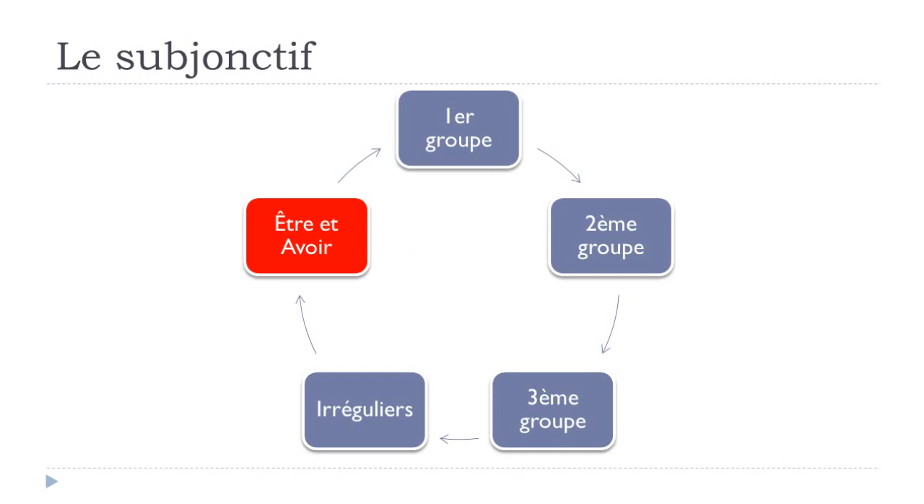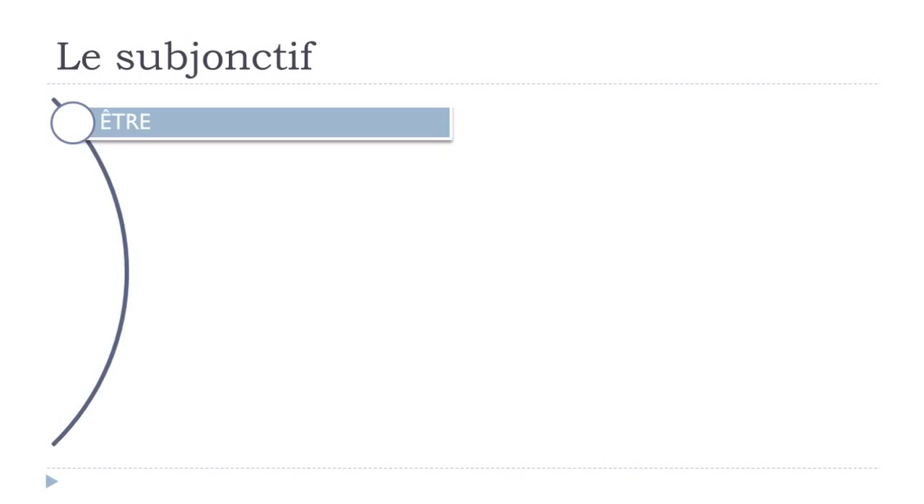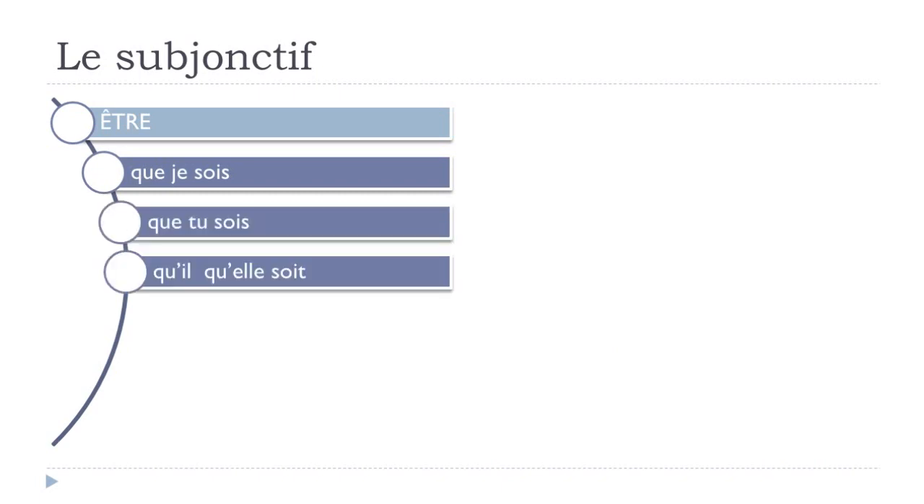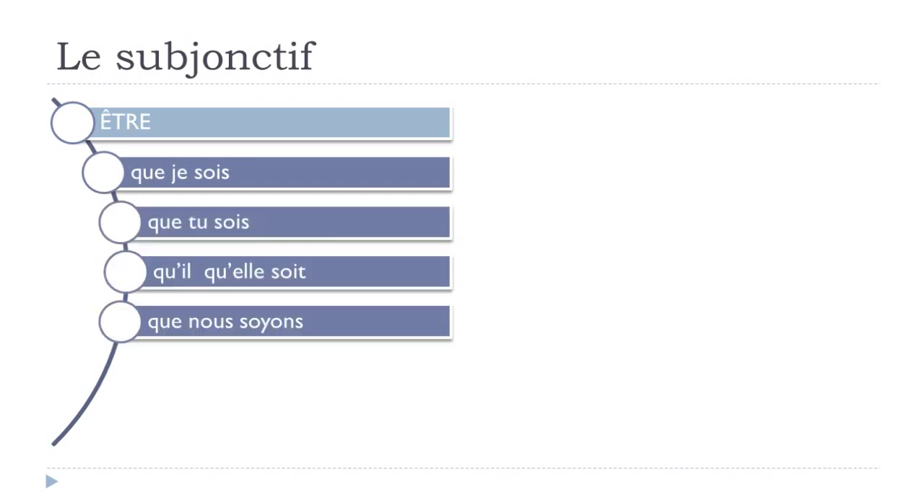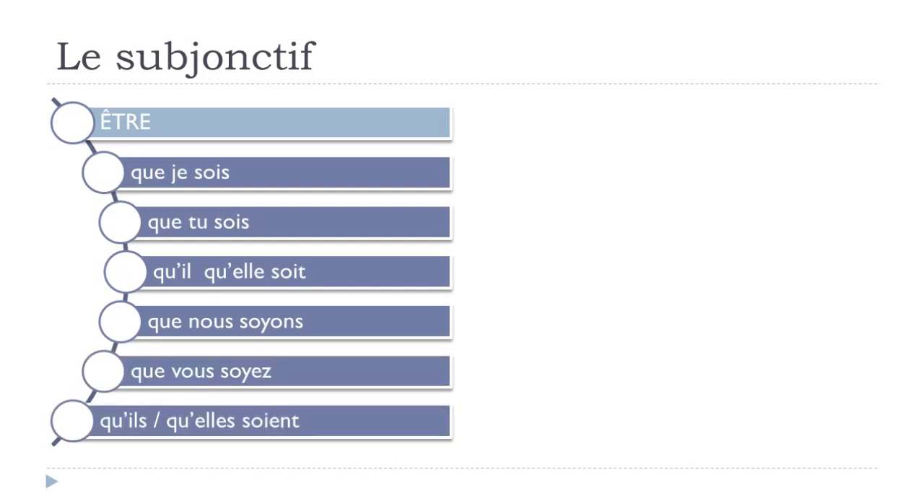And of course, we'll finish with être and avoir because they are usually quite tricky. Être, so to be, will give you at the subjonctif que je sois, que tu sois, qu'il soit, qu'elle soit, que nous soyons, que vous soyez, qu'il soit, qu'elle soit. Okay, so as usual, good news is that soit,